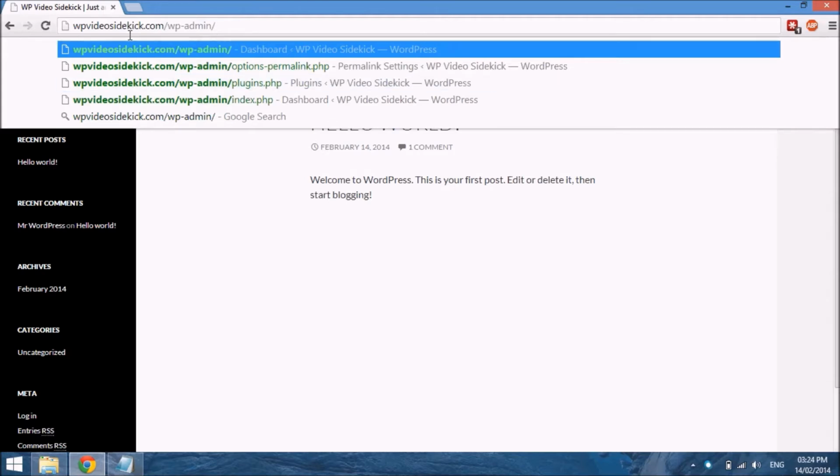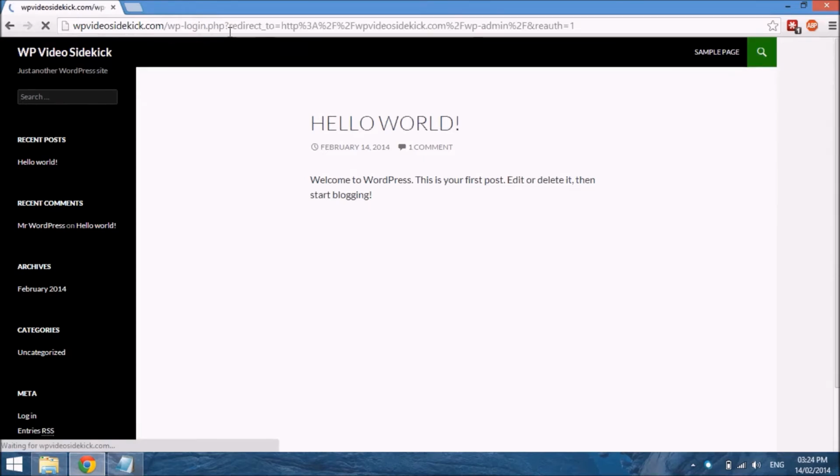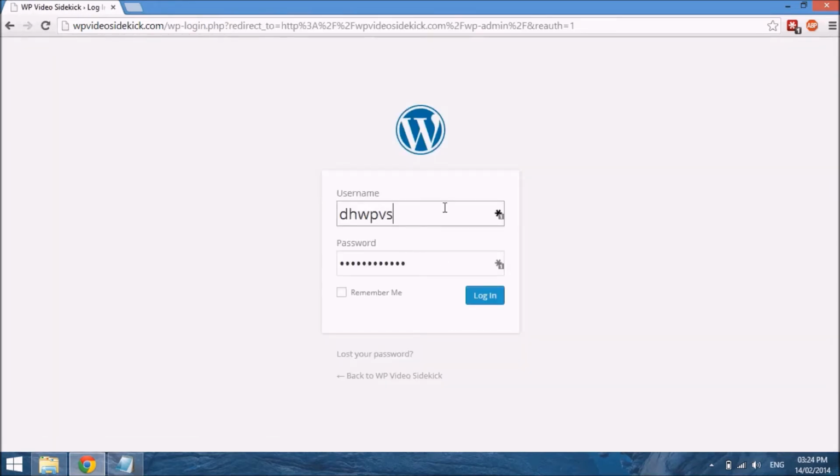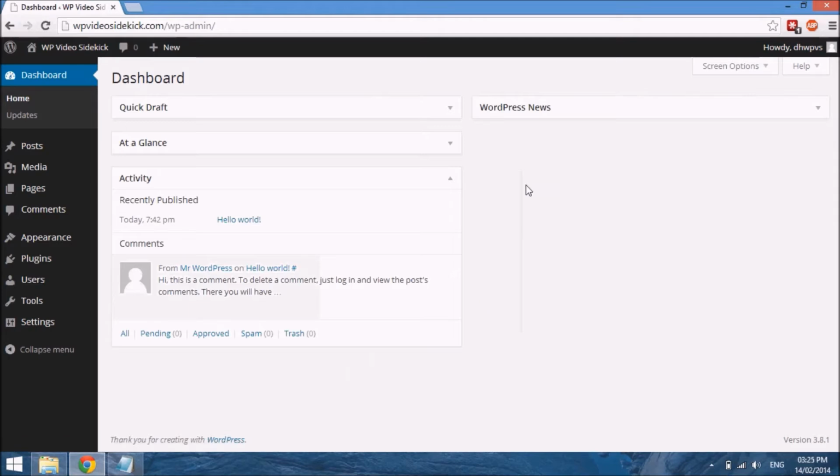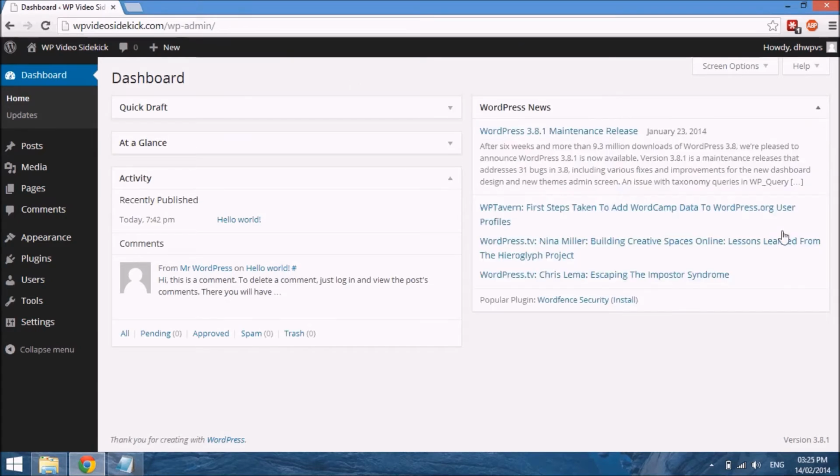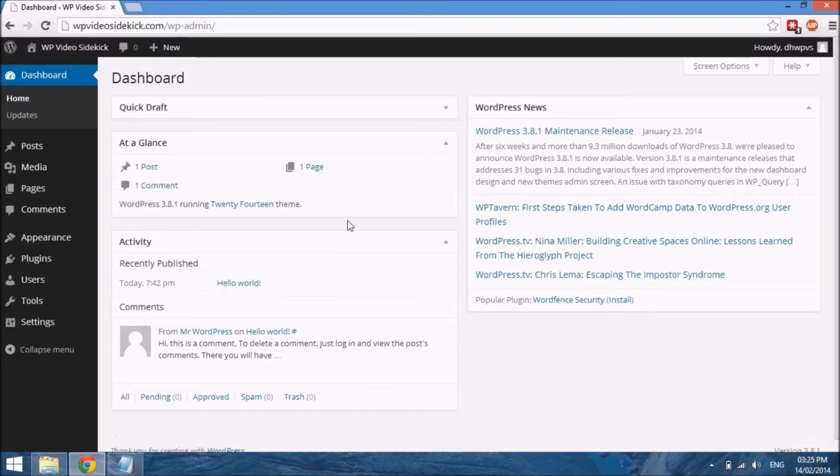to our main website address, and then select enter, and it will just take us to a page where we can log in, and you would put your username and your password, which you would have created when you were installing WordPress. So if we just select login, you will just see a few quick links here on the right hand side